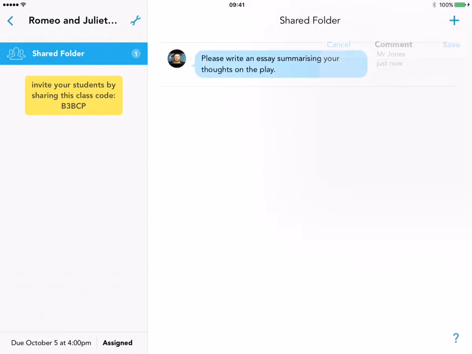When you hit save, you'll see it opens up almost like a chat, and it's quite clear who set that. It's got my avatar there, and it also says next to it, Mr. Jones just now. Now the students can join in that chat, they can leave their comments, they can ask questions,